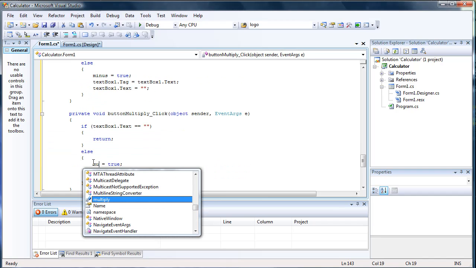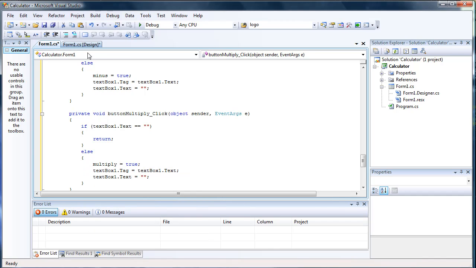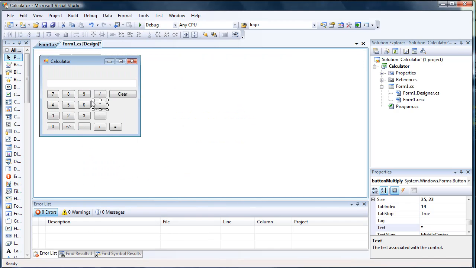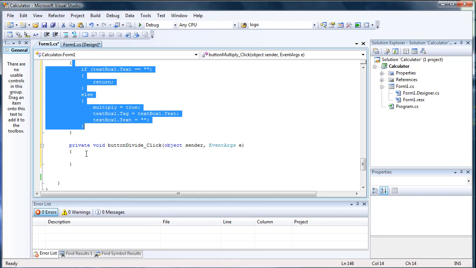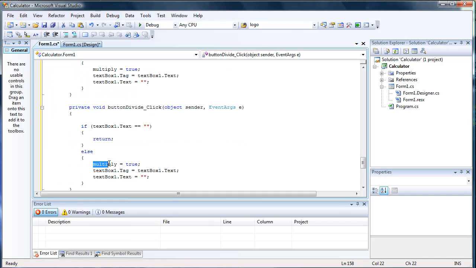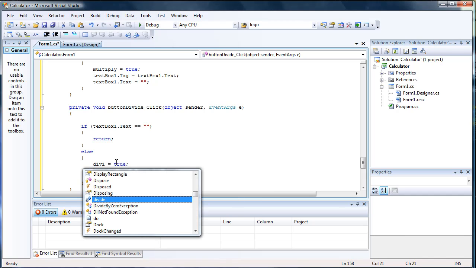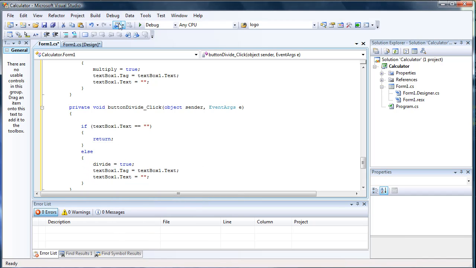Make it multiply equals true. And I know there are several different ways they can do this, but this is just the first thing I thought of that would be the easiest to work with. And then we'll make this divide equals true. So now we can do each of the different